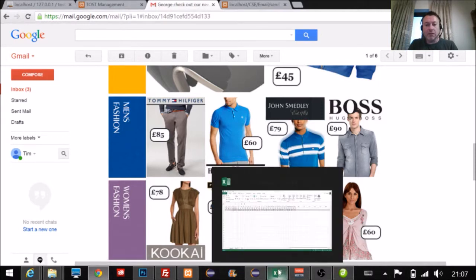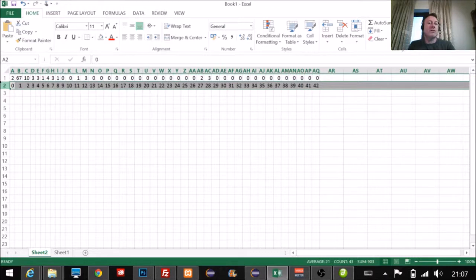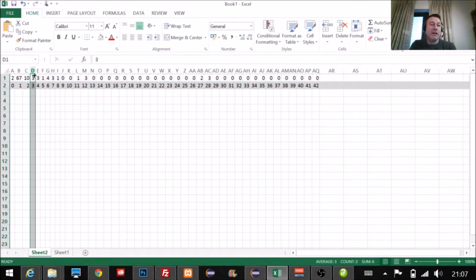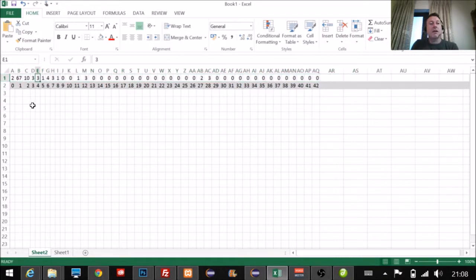So if I come back here into what we looked at a little bit earlier, this is his exploded, or these are all the constituent elements of George Bailey's propensity index. So here, column D is he made 3 purchases from menswear. And they were here. They were the best SKU banding he purchased out of menswear, men's fashions, was at SKU